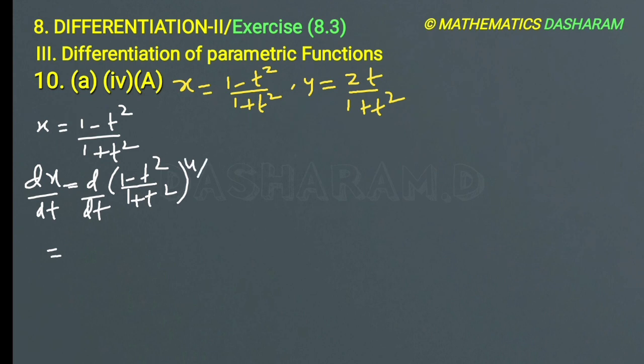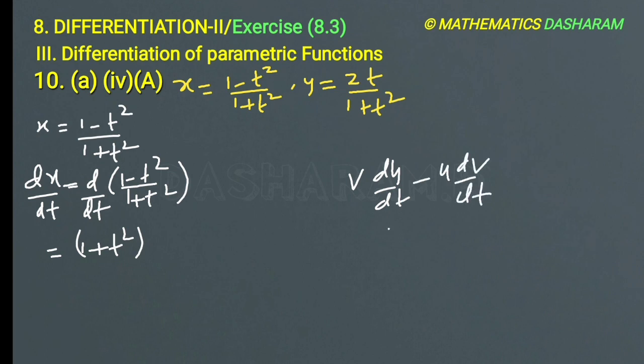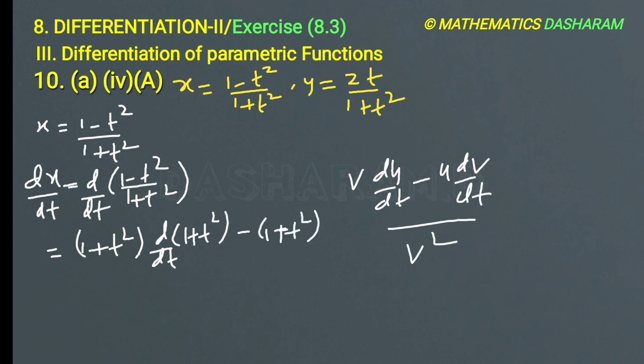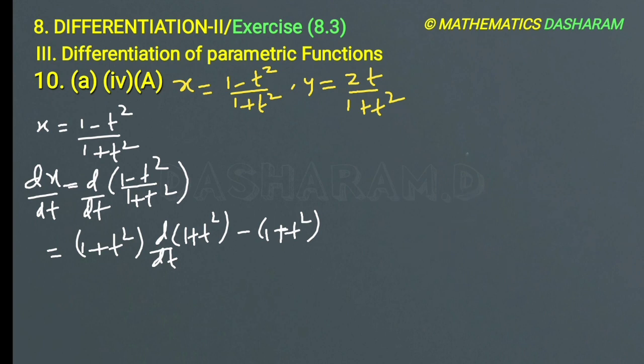so here apply the u by v formula, the quotient rule. So what is that? V square, (1 plus t square) minus (1 plus t square), v into du by dt minus u into dv by dt, divided by v square. So d by dt of 1 plus t square, minus (1 plus t square) into d by dt of 1 minus t square,